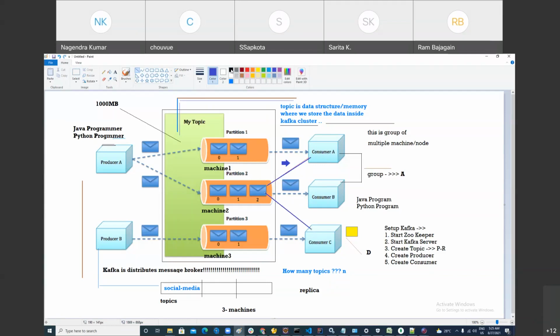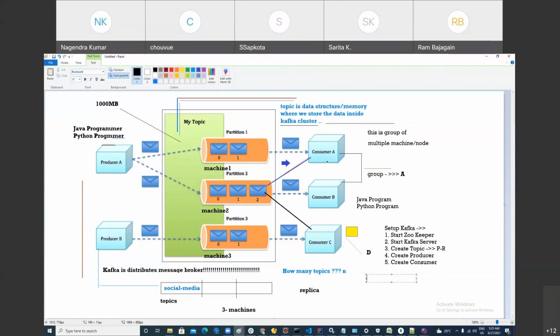If I make you confused, please let me know. This partition two can be assigned to only consumer A, or consumer C also? Both. It's a many-to-many relationship, that's correct. But there is only one condition. If you make a group, I'll tell you how to make a group. Suppose consumer A and consumer B